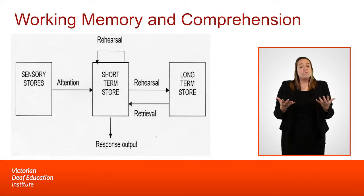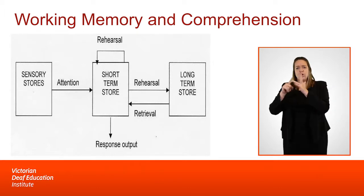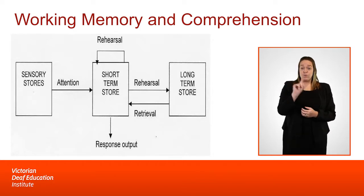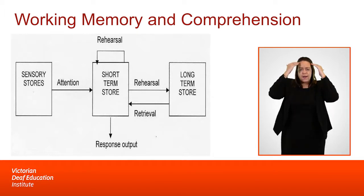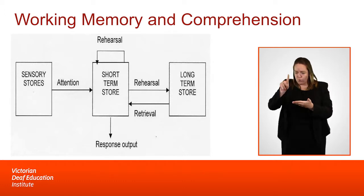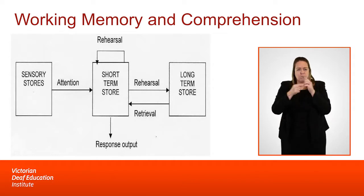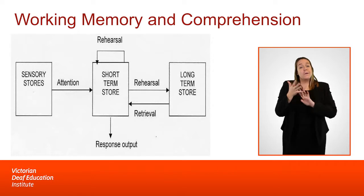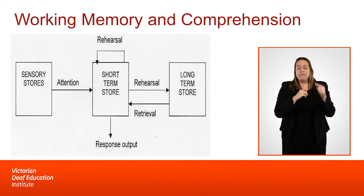So why is reading fluency the bridge to comprehension? It's really because what we want when we're comprehending things is we want to free up our brain to think about what we're reading, not to have to think about what is this word, what is this phrase, what is this sentence. So it's this idea that by being fluent, it allows us to think about what we're reading